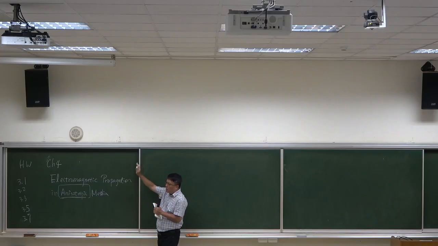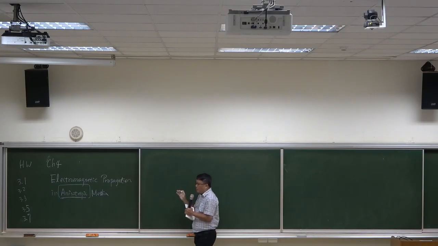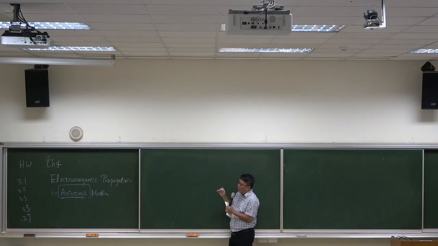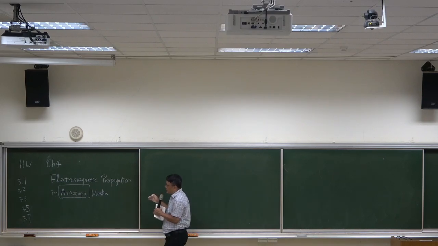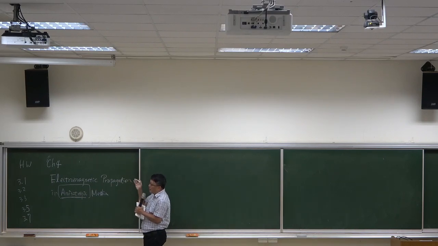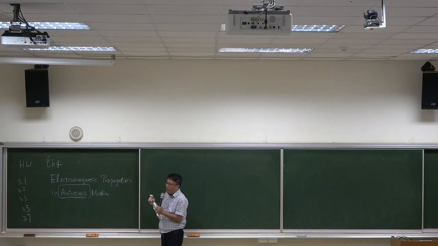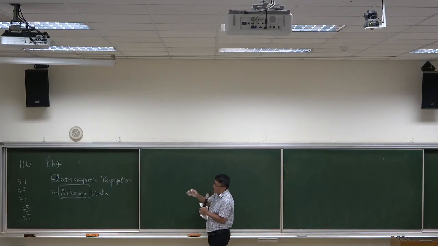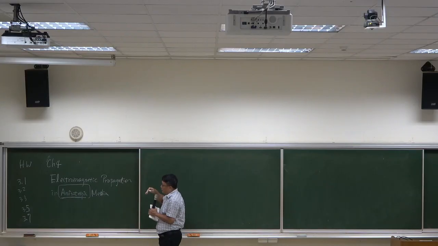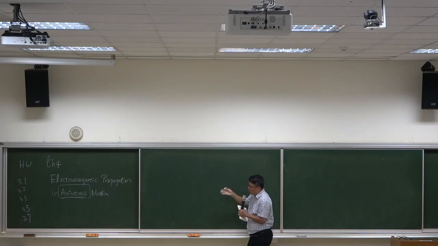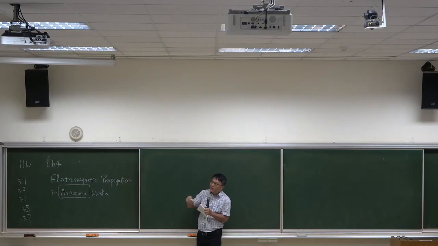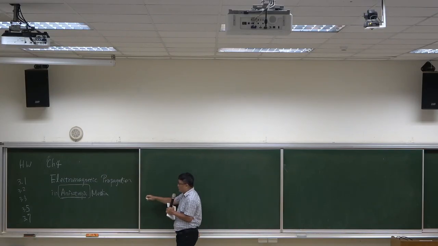However, up to now we consider only the linear medium, which means although it's possible that the polarization and the electric field may be along different directions, they are always proportional to each other. So this means the relation between the electric field and the electric polarization is linear. Okay. 好，我们在下一堂课会再来仔细讲这个内容。